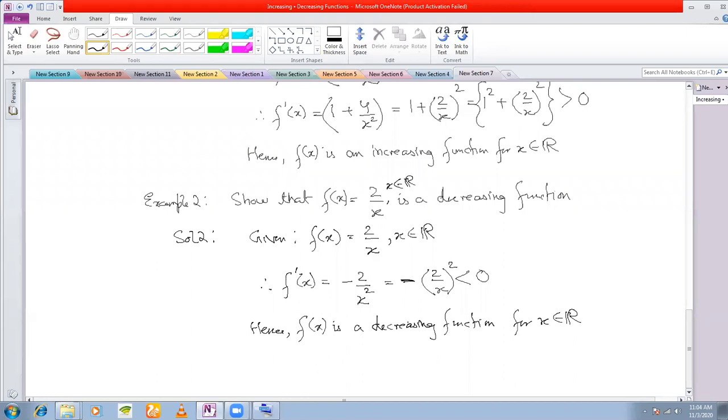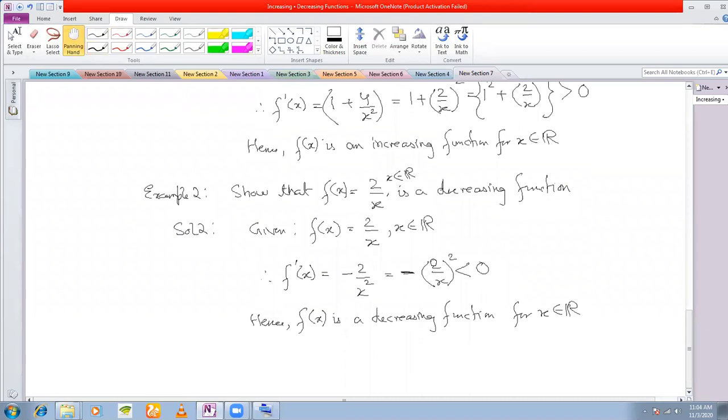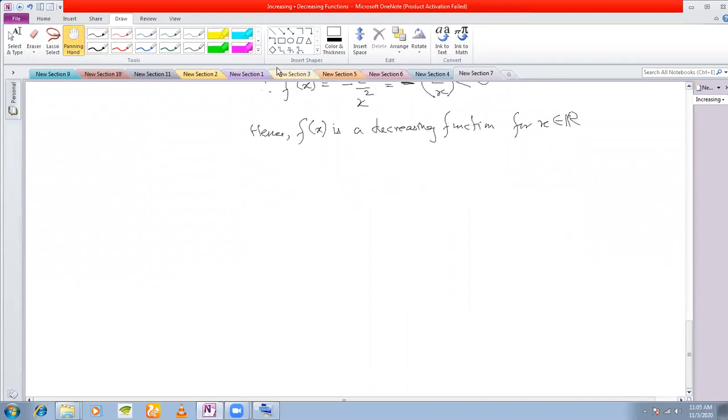If you see in the previous example, we actually did not use derivatives to find whether a function is increasing or decreasing. Now we come to the actual problems of increasing and decreasing functions. We'll use this condition, but in the following problem the same function can be increasing and can be decreasing. Now you will wonder how the same function can be increasing or decreasing. Let us see this example.